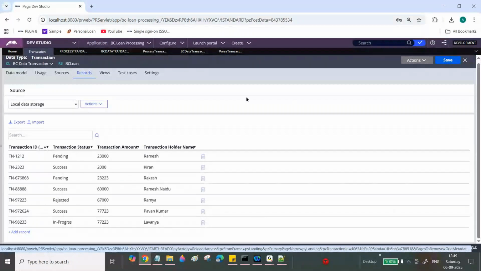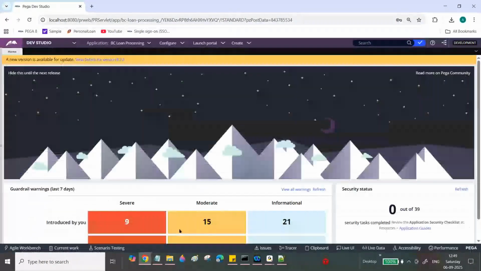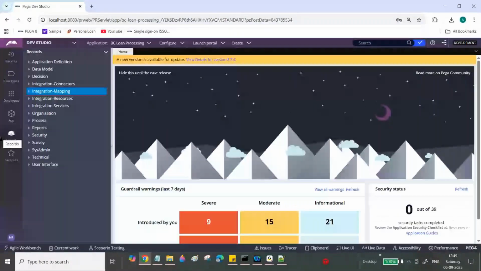Now you know how to trace and how to debug. So next I will explain one more scenario. Now, for example, what I'm going to do is